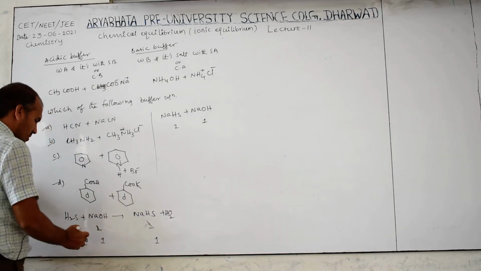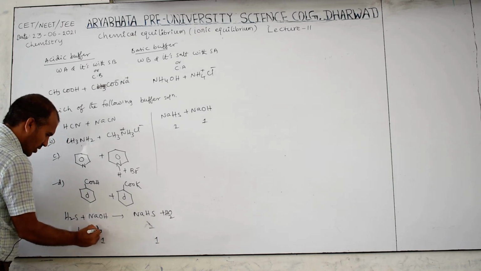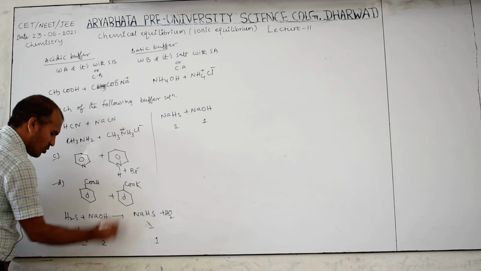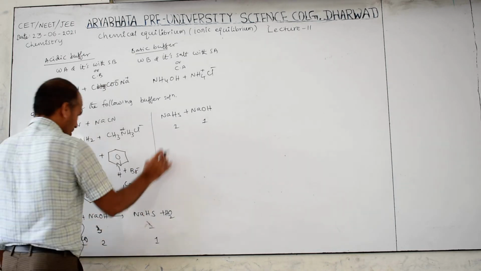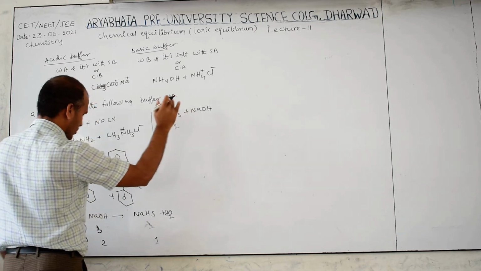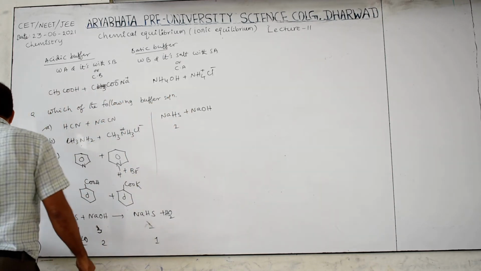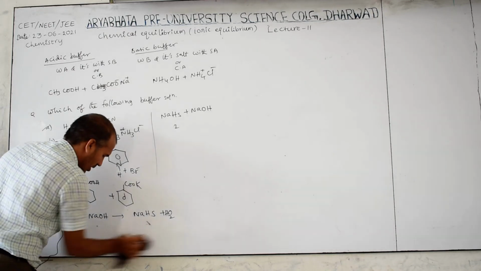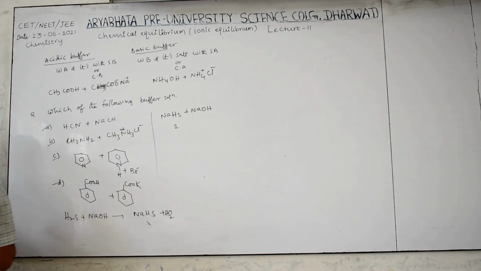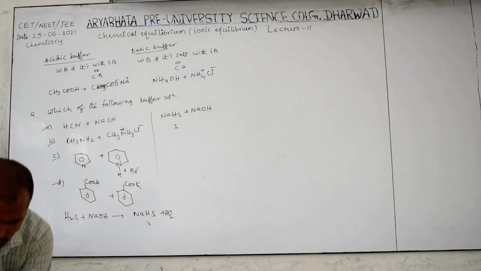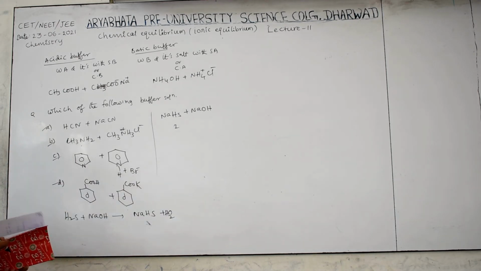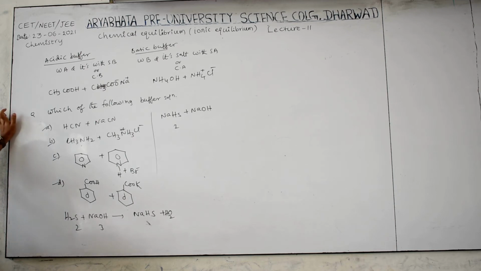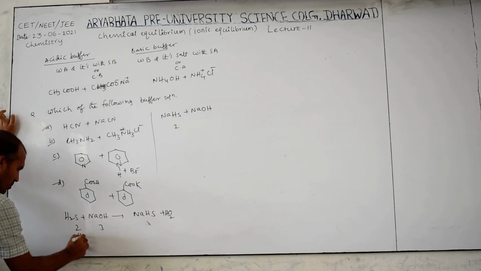But if you take this as 3 moles, for example, and this as 3 moles, then how many moles are left here? 2 moles left, and 1 mole forms here. Somewhere I may be making a mistake. One thing I have to explain very clearly: we want an acidic buffer, meaning the acid should be required in greater amount. Sorry, this is a 2:3 ratio. Then which is the limiting reagent here? This is the limiting reagent, LR.